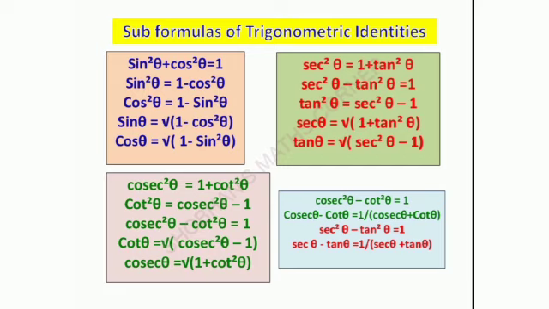which is equal to 1. Now if you shift cosec theta plus cot theta to the right side, we are left with cosec theta minus cot theta is equal to 1 upon cosec theta plus cot theta. So also we can write cosec theta plus cot theta is equal to 1 upon cosec theta minus cot theta. The same way, secant square minus tan square is equal to 1 from the second identity. Now by splitting this into two factors, sec theta plus tan theta into sec theta minus tan theta is equal to 1. You can shift any one to the right side, that is sec theta minus tan theta is equal to 1 upon sec theta plus tan theta, or sec theta plus tan theta is equal to 1 upon sec theta minus tan theta also we can write.